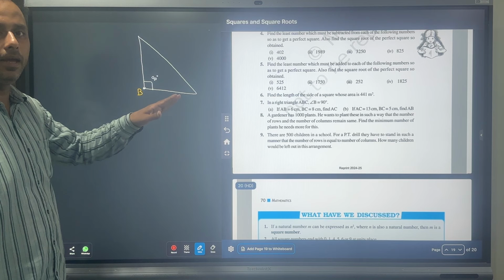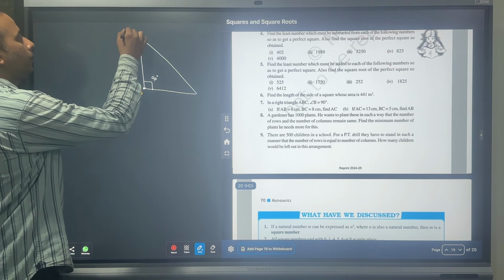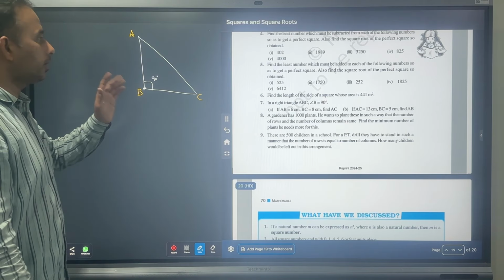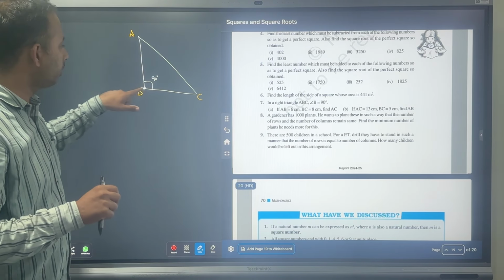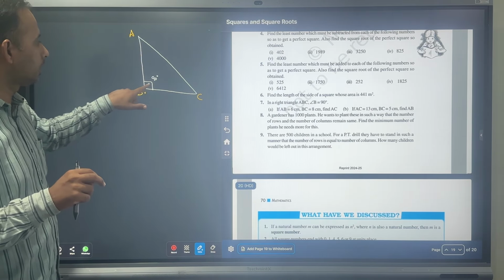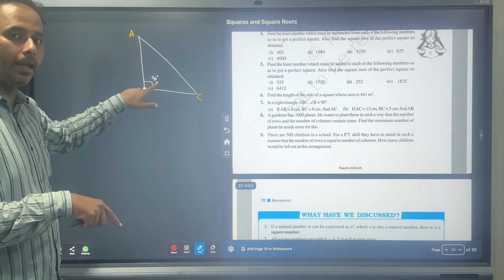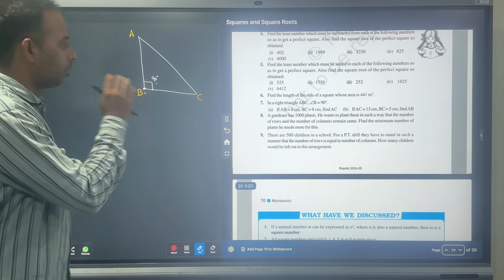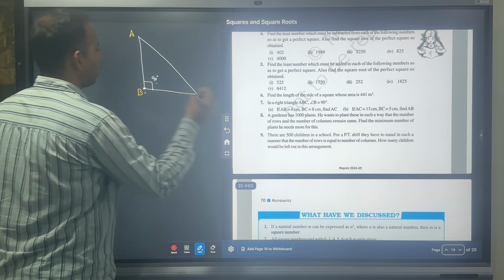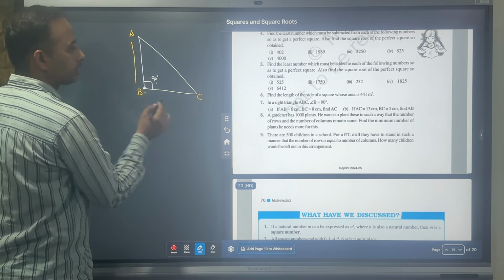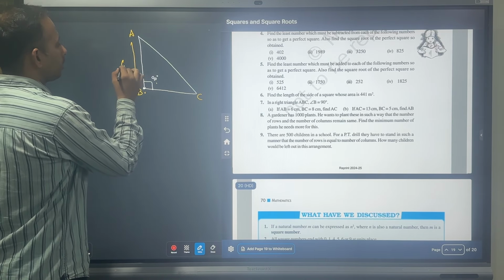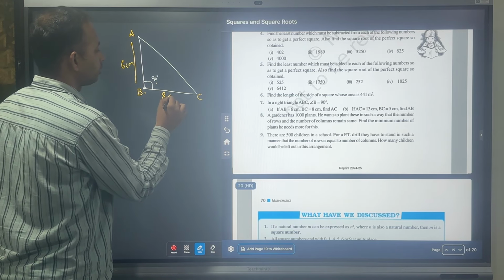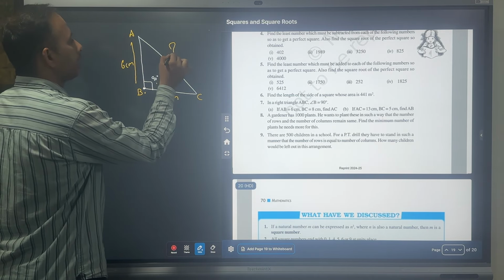Remaining is what? A and C. So here I'll be naming as A. Here we will be naming as what? C. We can't name it B anyway. B has to be marked here because this angle is equal to 90. Where there is 90, what name do we have to put? B. Remember that one. Okay, let us write down the dimensions. They give AB. So this is AB. How much is it? 6 centimeter. BC has 8 centimeter, and they are asking us to find out AC.